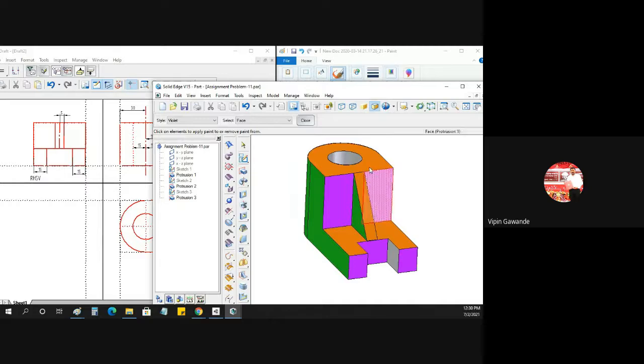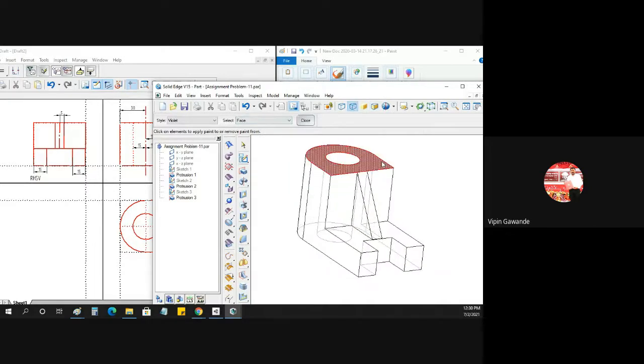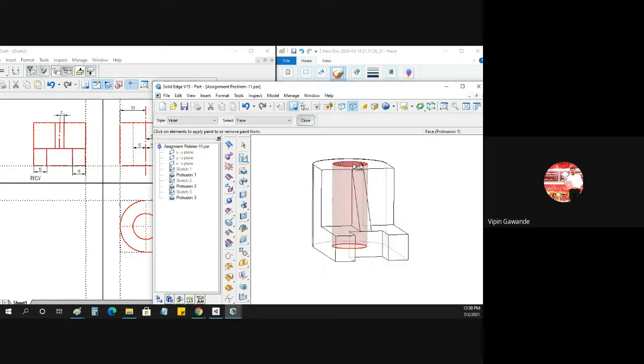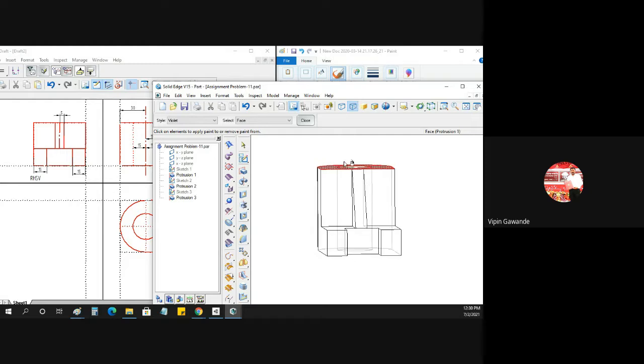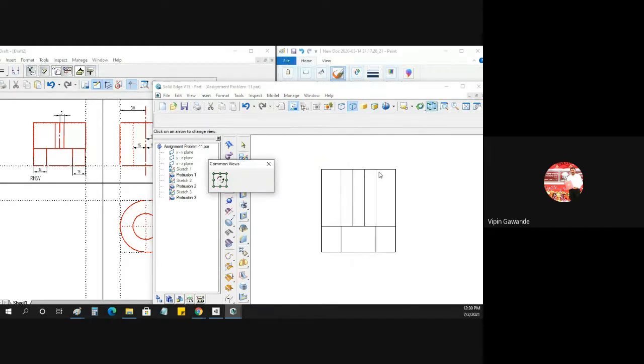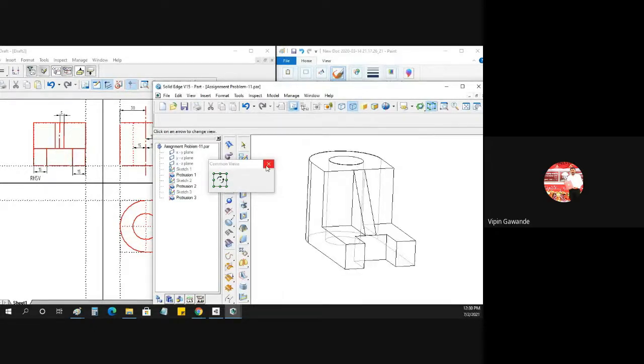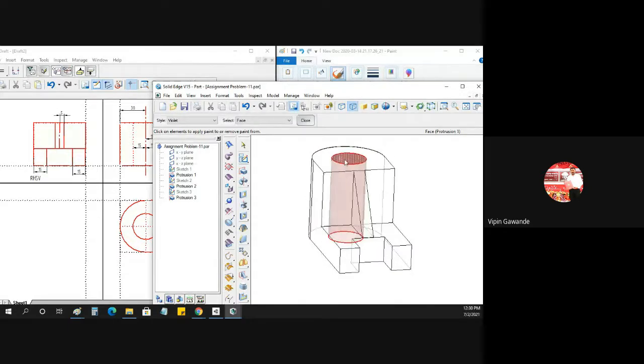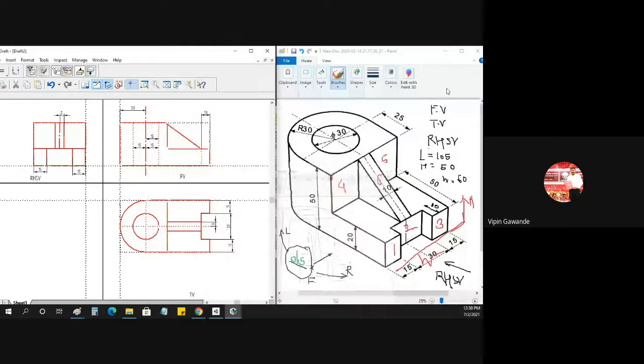Now in side view, only one surface is not visible. That is the cutout. This circular, cylindrical cutout is not visible in the side view. It looks like a rectangle inside view, so two vertical lines. See, these are the two vertical lines coming for this circular cutout. That is not visible from the side view, so we have to show it by dotted lines. This is our hidden part, and we have to show it by dotted lines. So just go for that one.